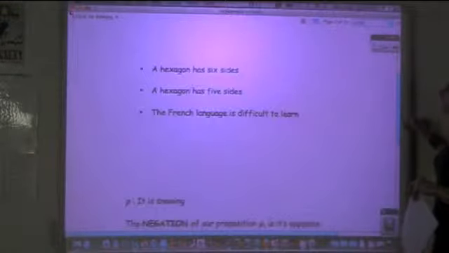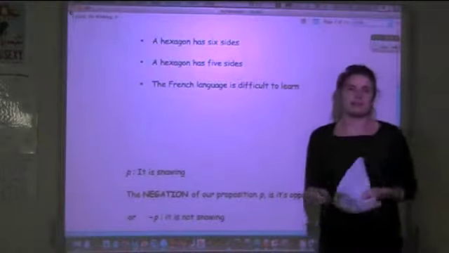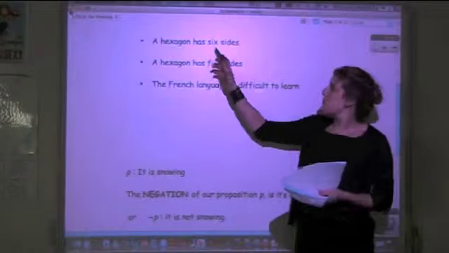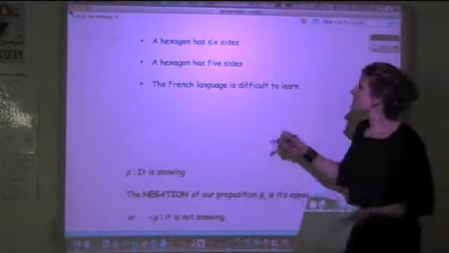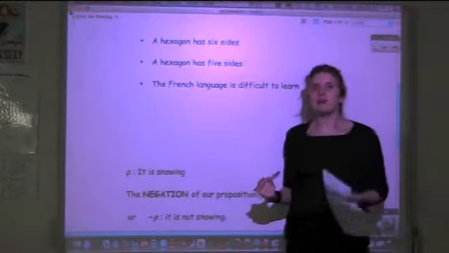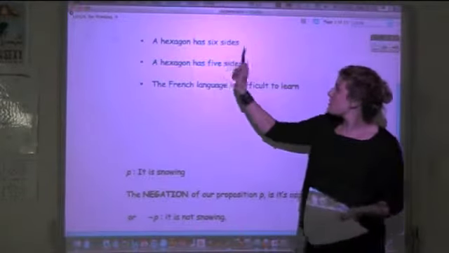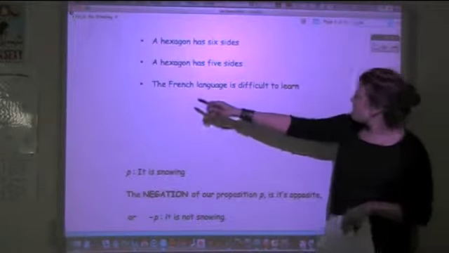If we have a look here, I've got three things here. A hexagon has 6 sides. That is a proposition, and this proposition happens to be true. A hexagon does have 6 sides. This is a proposition. A hexagon has 5 sides. It's a statement, but this statement happens to be false. So we've got a proposition that is true, a proposition that is false, and finally we've got